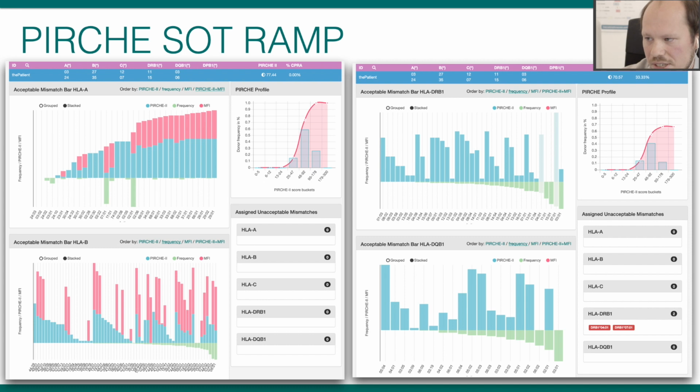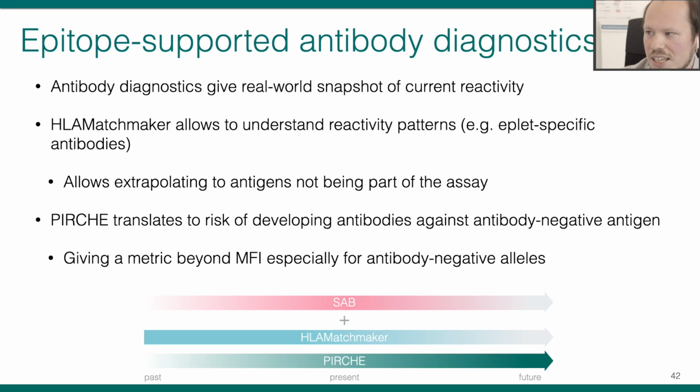Like you see here on the screen, on these plots, you have the Perch scores in the blue bars and the MFIs in pink, and now you can make a good selection of what the patient shouldn't get in terms of HLA mismatches.